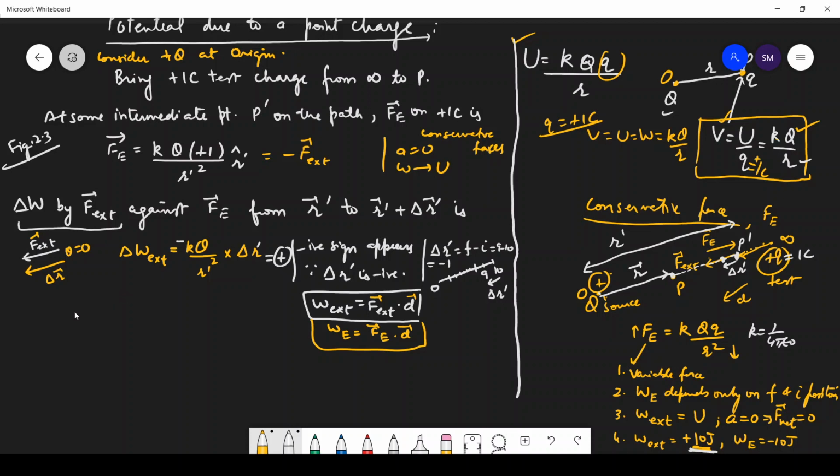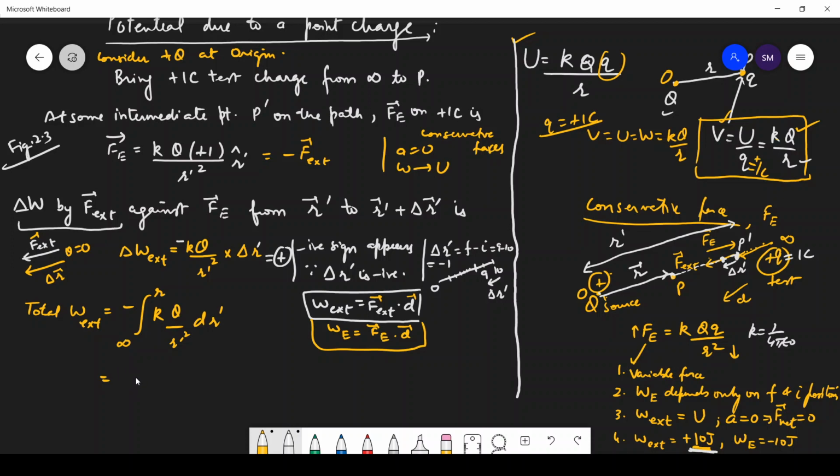Now what will be the total work done by this external force? We will get it by integrating both sides. So on this side, integrating, I get the total external work done. And on this side, what is the initial position to the final position? What is the initial position? Infinity. What is the final position? I have to reach this position, r distance from the origin, and that's k q by r dash square into dr dash,